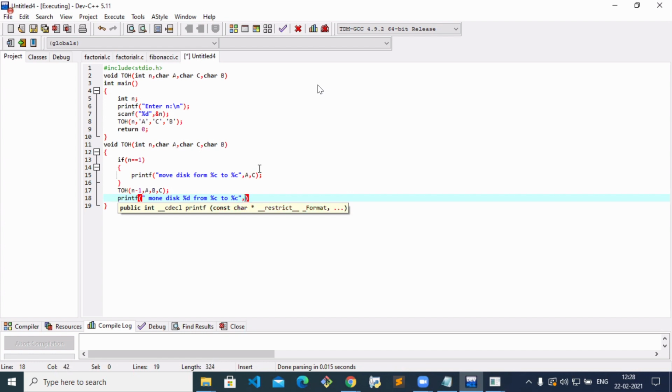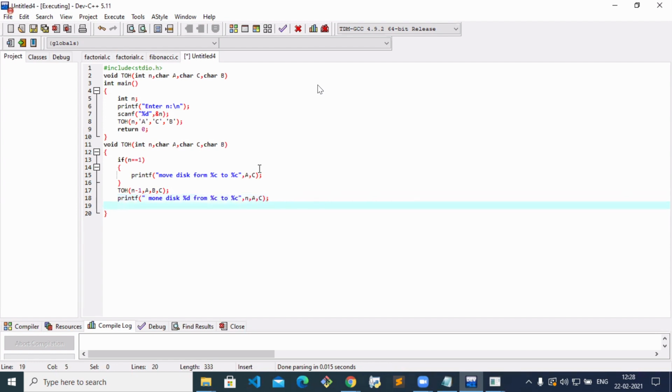What is percent d? It is n, and the percent c are A, C. Now after this point, again I'm calling the function TOH of n minus 1, comma B, comma C, comma A. Will it work or not? We'll see and then I'll explain.